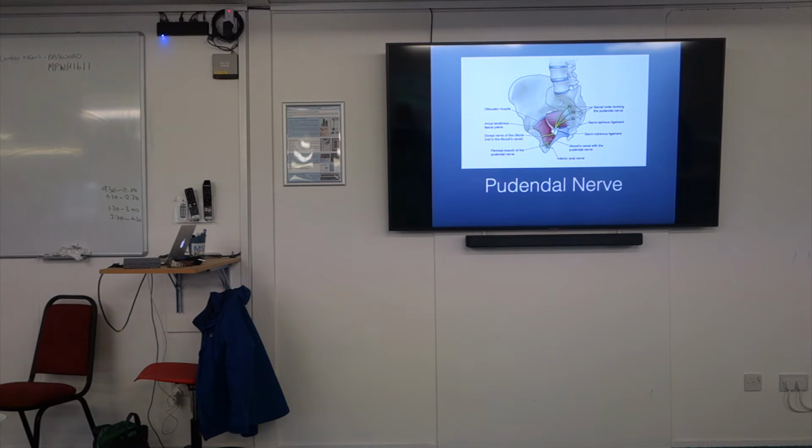And so when I was talking about the sacrotuberous and sacrospinous ligaments earlier, why we need to be able to palpate those, is that you can see that the pudendal nerve passes around the sacrospinous ligament, and when it passes forward into the pelvis, it passes through that space between the sacrospinous and sacrotuberous ligament. So you then have this Alcock's canal, which you can palpate internally, but actually you can have a huge influence on this by working